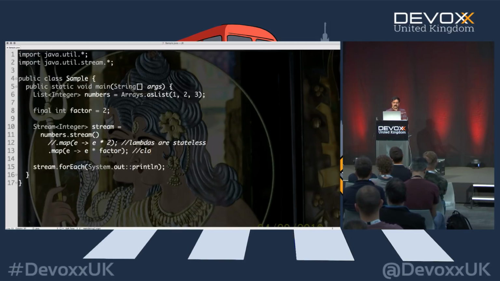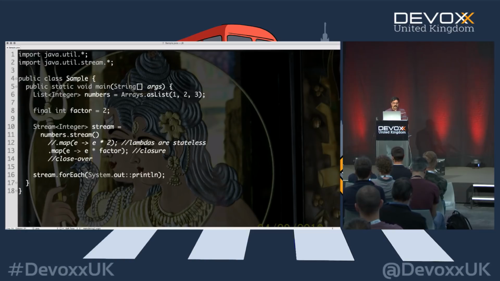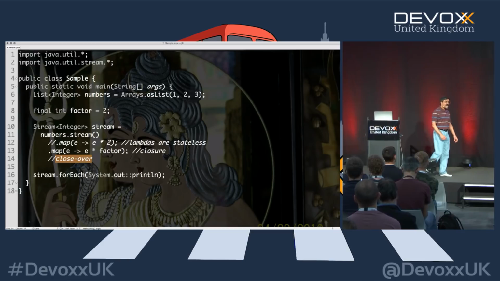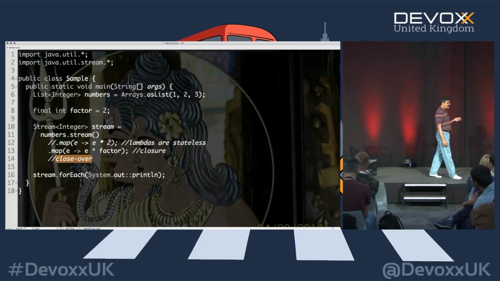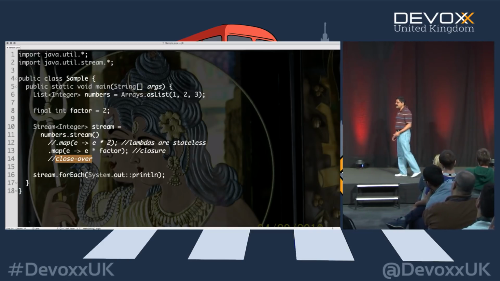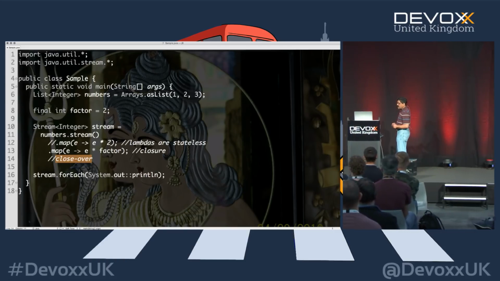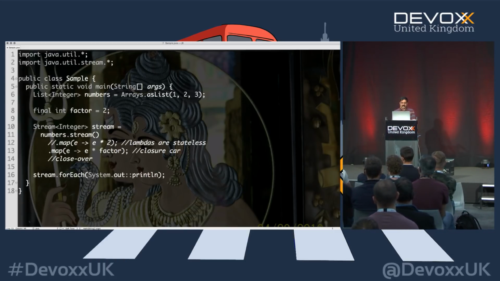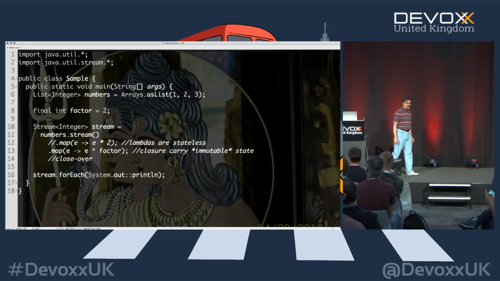But what is this? This is called a closure. Why is it called a closure? Well, closures close over their defining scope. When you're alone in a room, try doing this. Say the words "close over" several times, over and over and over. It kind of sounds like closure. That's why it's called a closure, because it closes over. But closures carry a state. We have to be very careful with this, though. I want to emphasize, closures should carry immutable state. It is very dangerous to carry mutable state with closures.